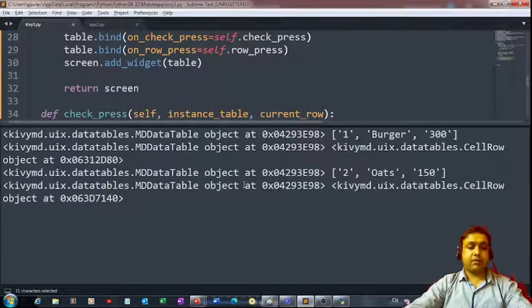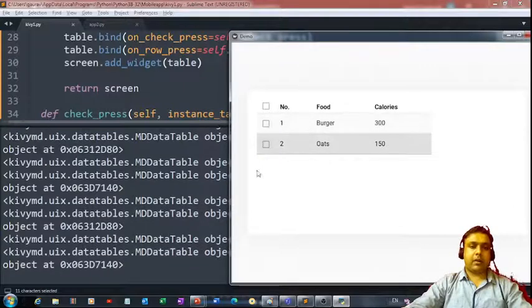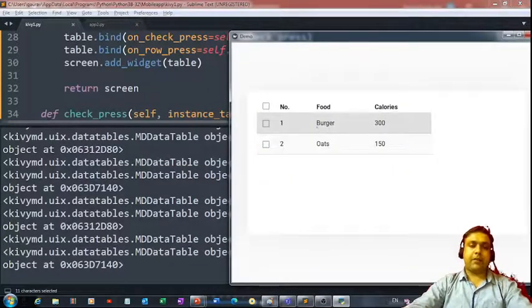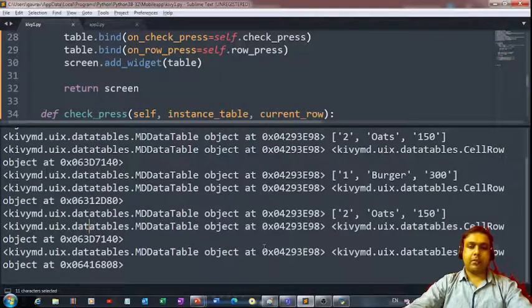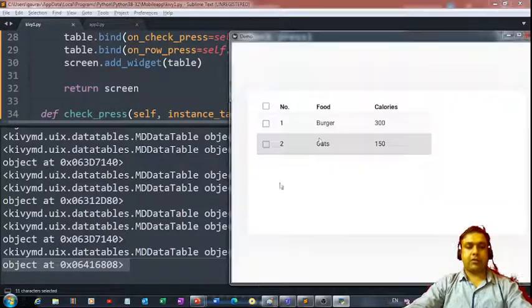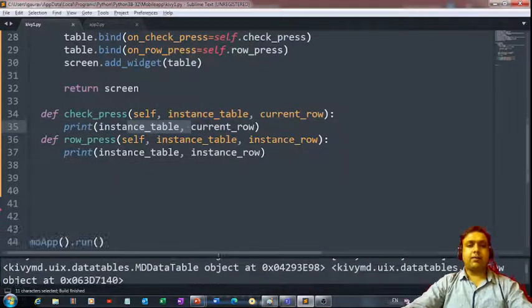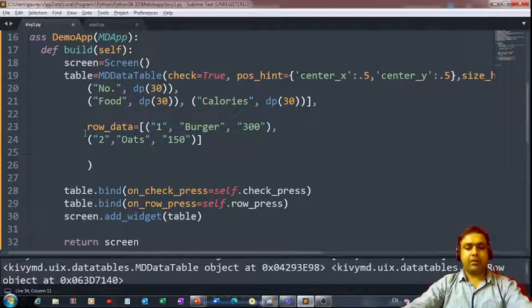So it's amazing. It's actually working. If I click it again, yes, I am getting the output. And simply if I click any of these rows, again I am getting some output. So this function is working perfectly fine, and that's the reason you can bind something to your table, right? It's a very simple job. Now it's time for us to create some more rows in our table.